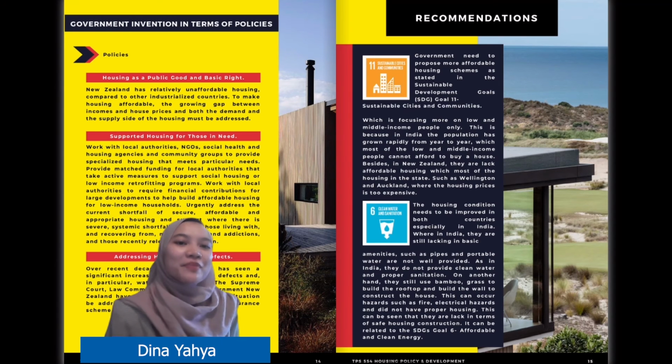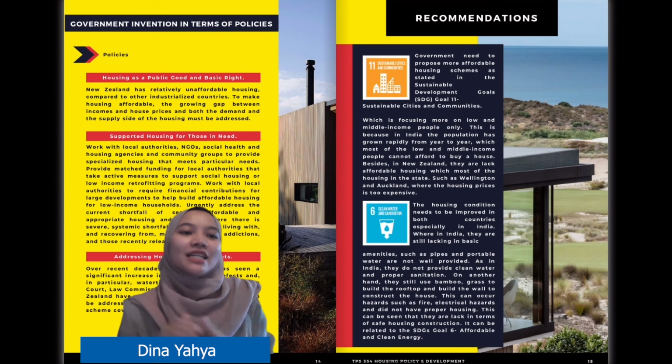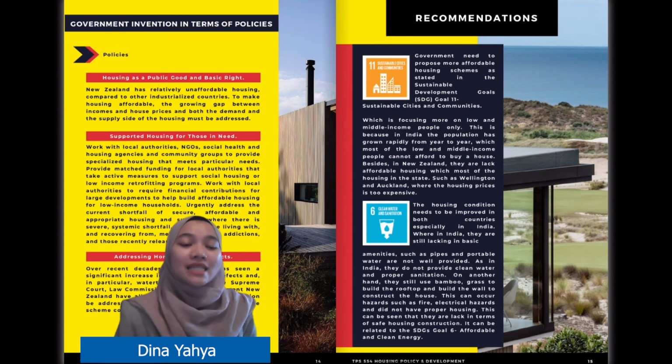There are a few recommendations that both developed and developing countries need to improve. The first one is that the government needs to propose more affordable housing schemes, which is related to SDG 11, Sustainable Cities and Communities. On the other hand, both countries need to improve in terms of housing conditions, as we